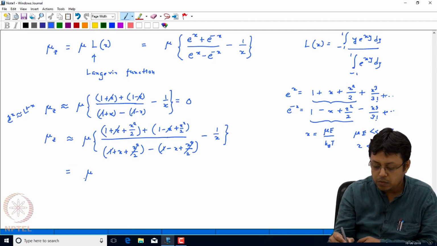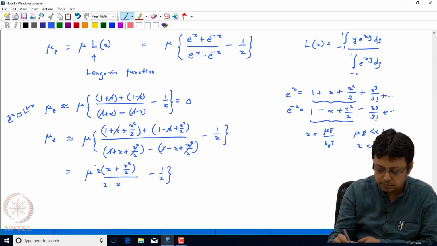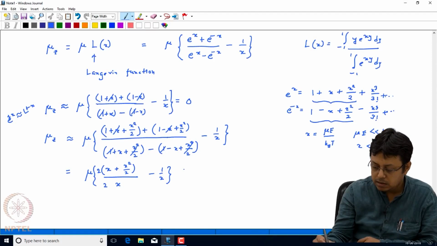So it is mu. Now what I have in the numerator is 2 times 1 plus x square by 2, and the denominator also will have a 2, so we can omit the 2 right away. So I'll have x plus x square by 2 divided by, in the denominator as you can see, basically 2x. So I'll have it like this, minus 1 over x. Then I can actually divide the numerator and denominator by x. So what I'll have is 1